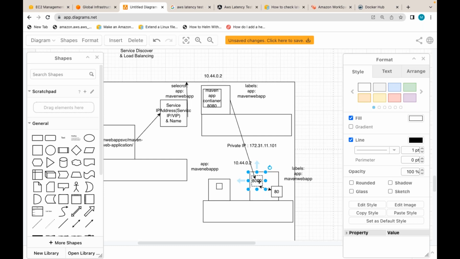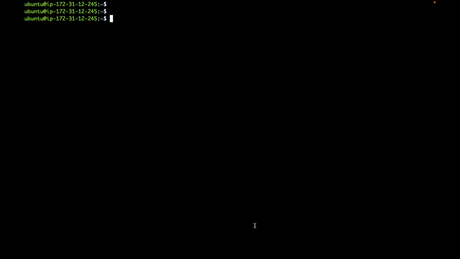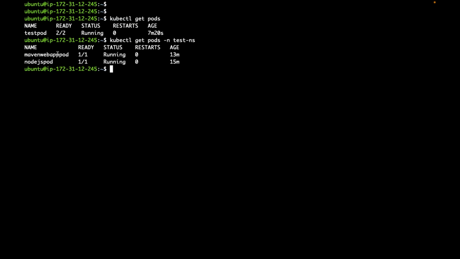In that case, can I create a service of type ClusterIP? Can I use that service name? Yes, I can use the service name. Now, let me take the same example. I have this pod, this application. This application pod wants to reach the applications here.